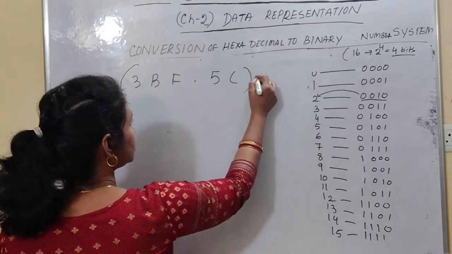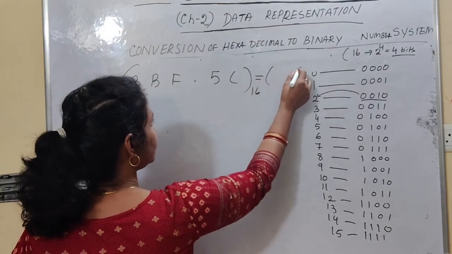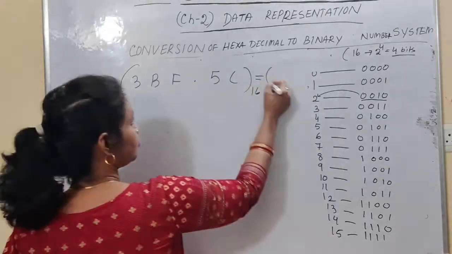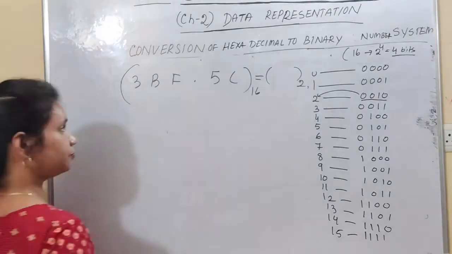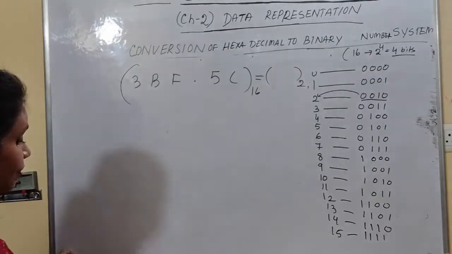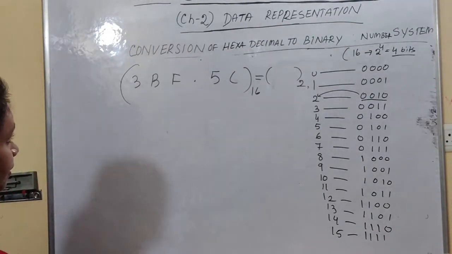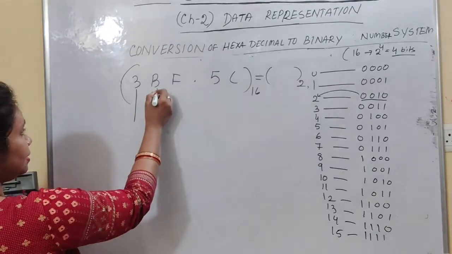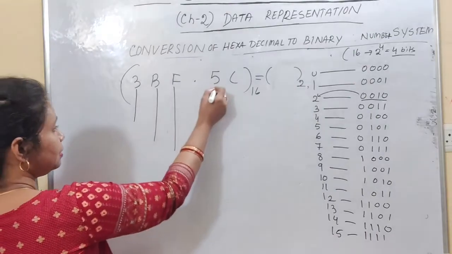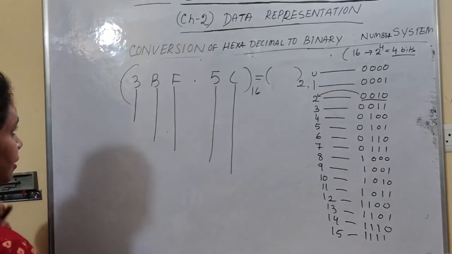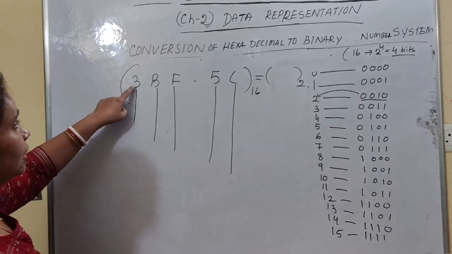You only need to understand. So this is my hexadecimal number. Now I have to just represent this hexadecimal number in its equivalent binary. Okay. Now what you need to do, each hexadigit can be converted into its 4 bits binary equivalent. Each hexadigit. That means this is one hexadigit, this is another one, this is another one, this is also another one, and this is another one. So you need to represent the binary equivalent of each digit.